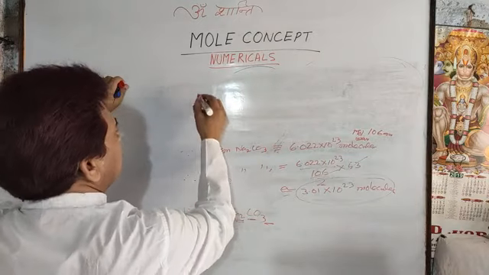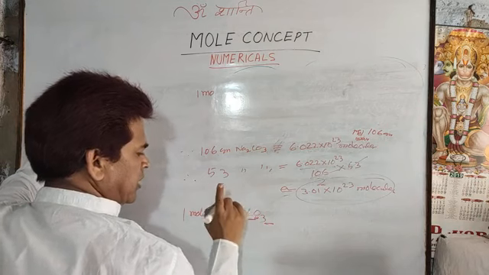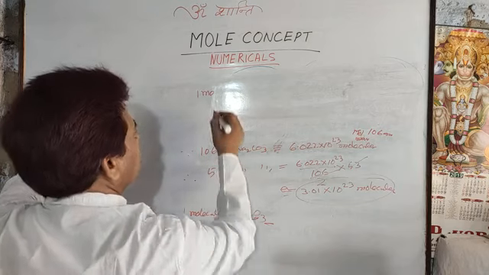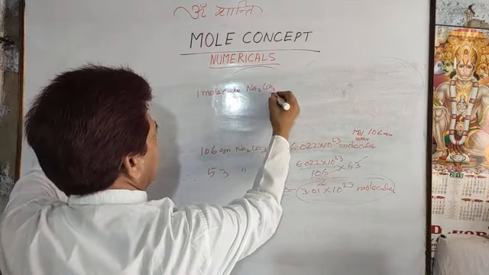You can write here 1 molecule, where the molecular formula is written. Whenever you write the formula of any compound, that indicates 1 molecule. So 1 molecule sodium carbonate contains